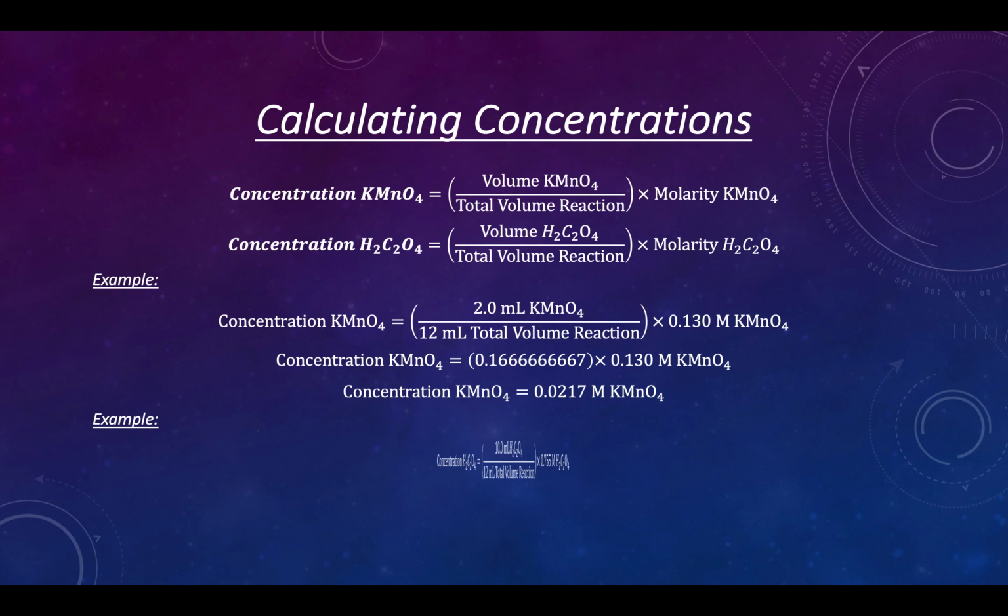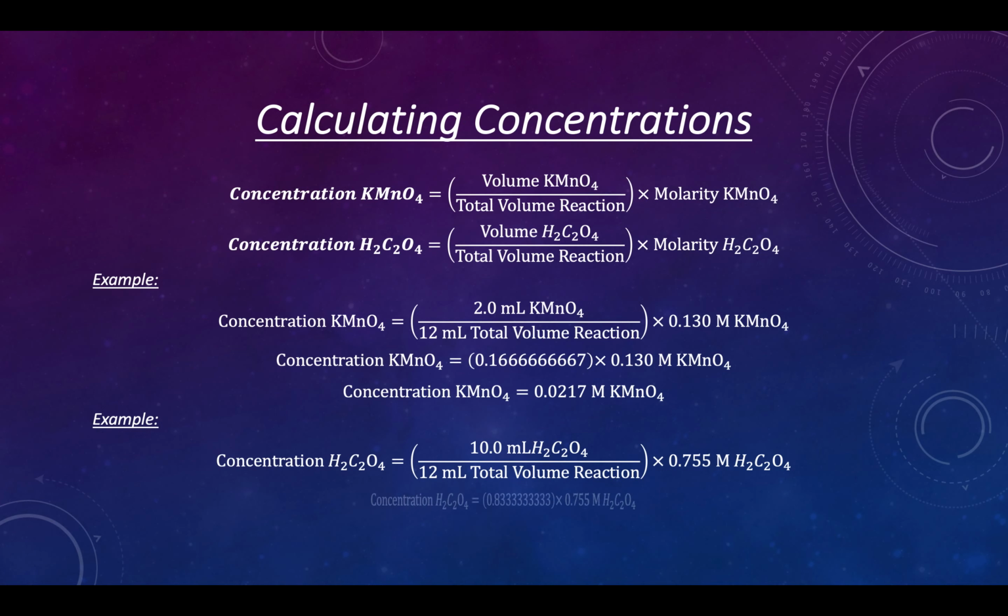Now for an example of the concentration of oxalic acid, we have 10.0 milliliters of oxalic acid divided by 12 milliliters total volume reaction times 0.755 molarity oxalic acid. And after that, we did the math,